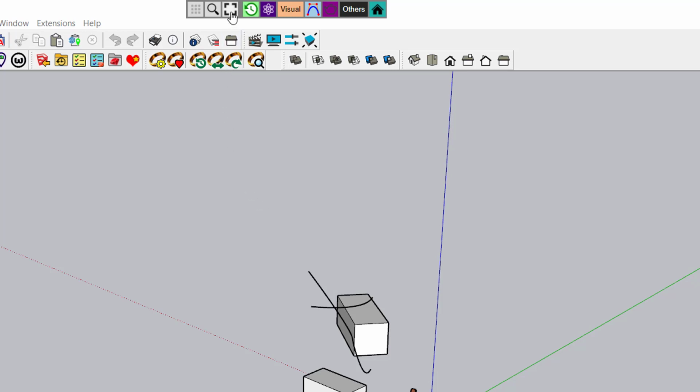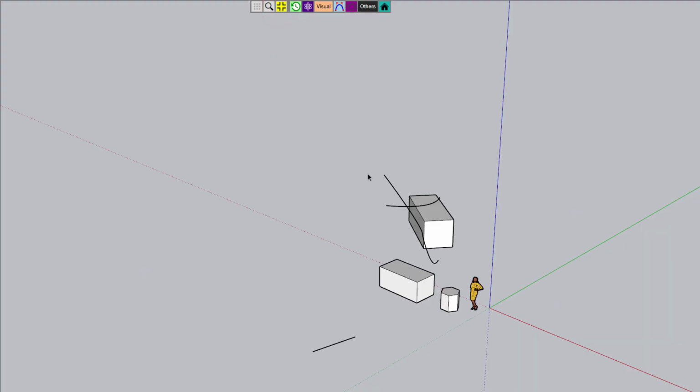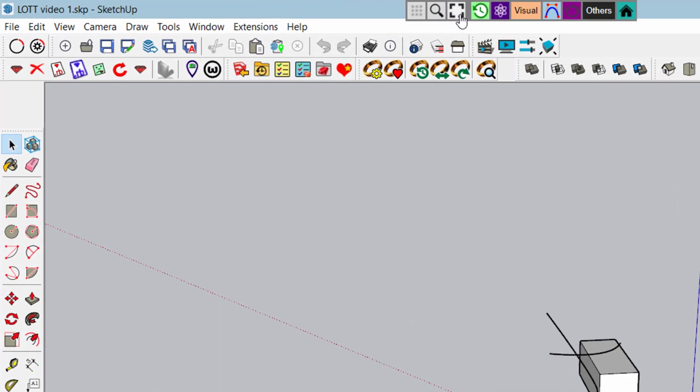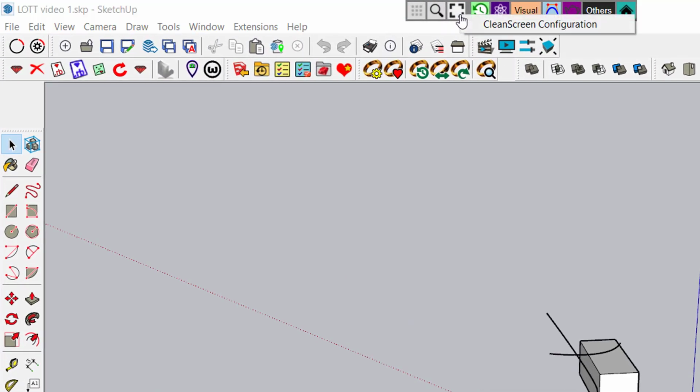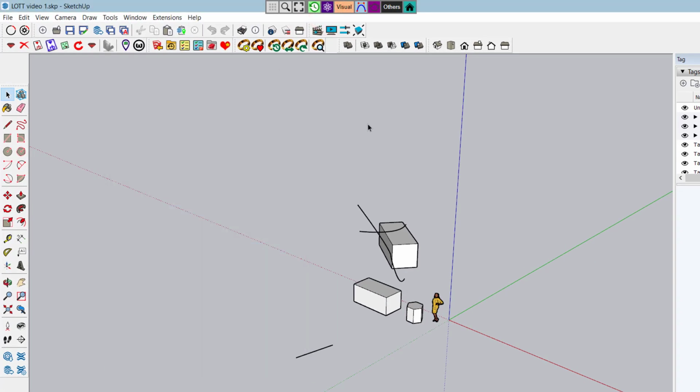And the third action button is what we call a full screen mode, which is a way to switch temporarily to a mode where you have less visual elements on the screen, and which you can configure by doing a right click and accessing the clean screen configuration.